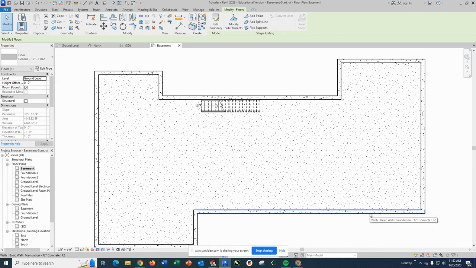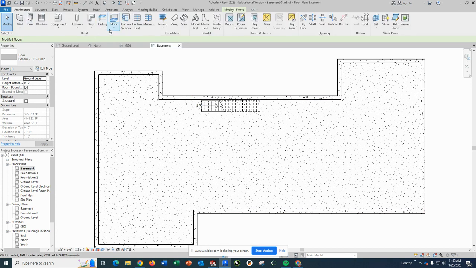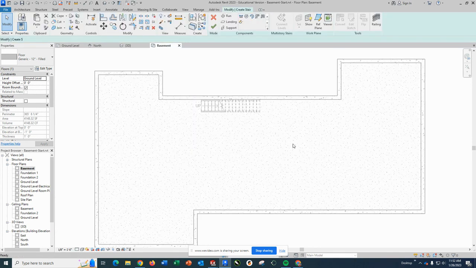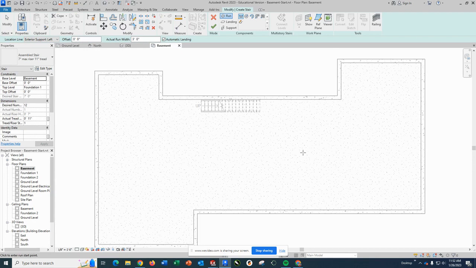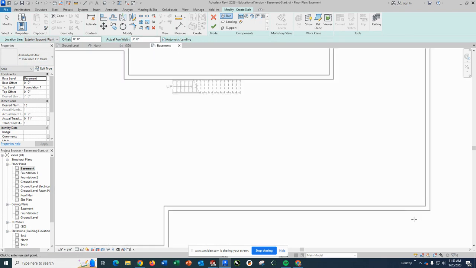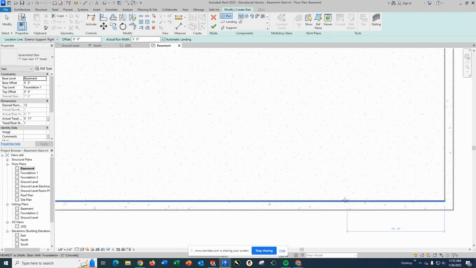But just to show you the difference in the staircases, if I go back to my architecture and I go back to the stair tool, if I want to put one in with like an L-shaped landing, now you don't have to do it along a wall, but you can. I'm going to go ahead and say exterior support right. Automatic landing is checked. So what I'm going to do is run along this wall, and I am going to have it make,